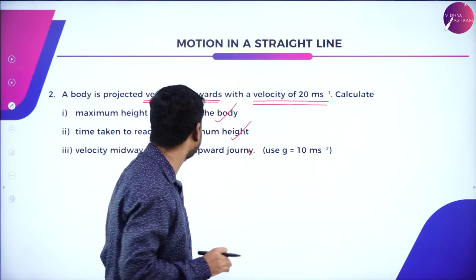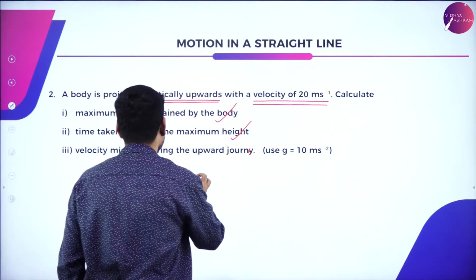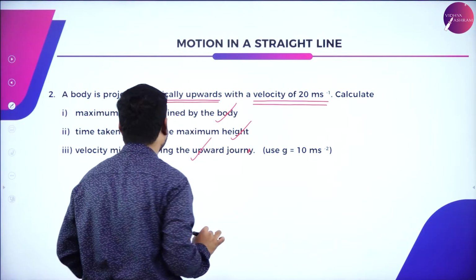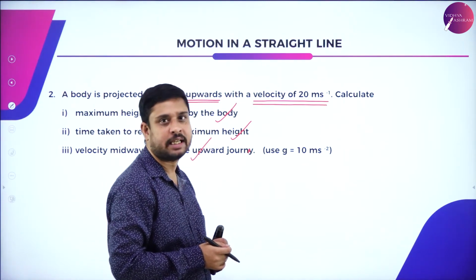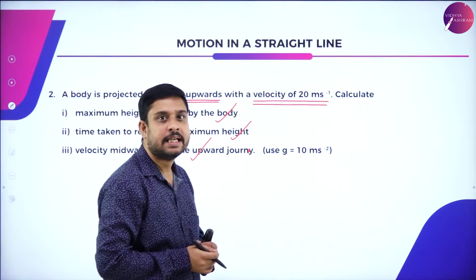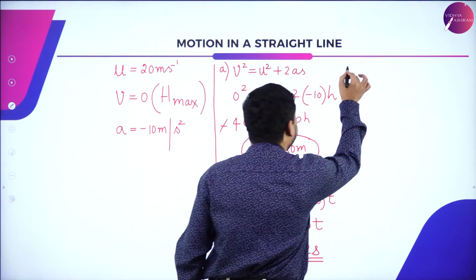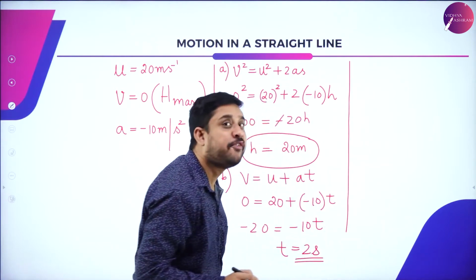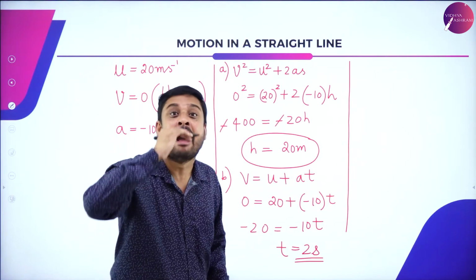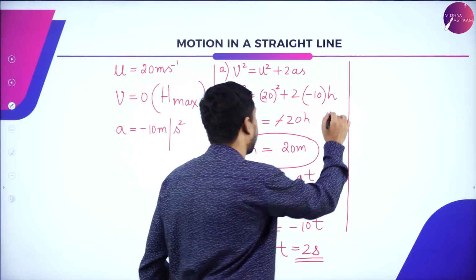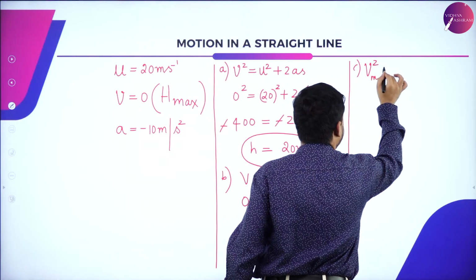The third one: velocity midway during the upward motion. The velocity midway, half of the upward motion, as the body is attaining half of that maximum height. I say velocity midway